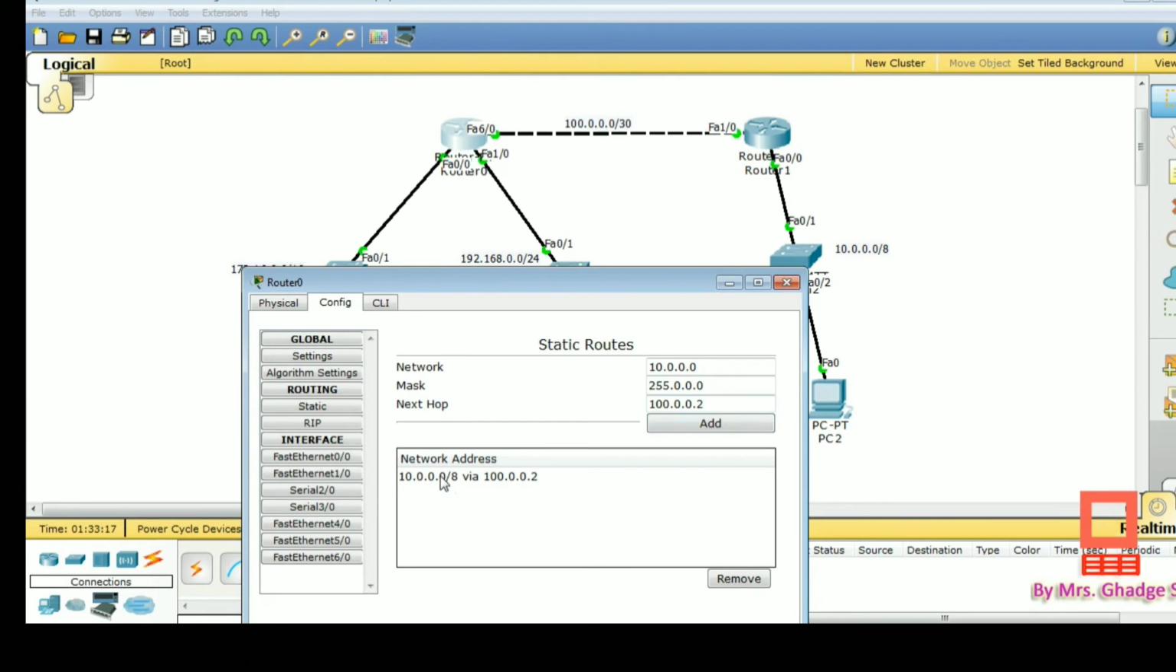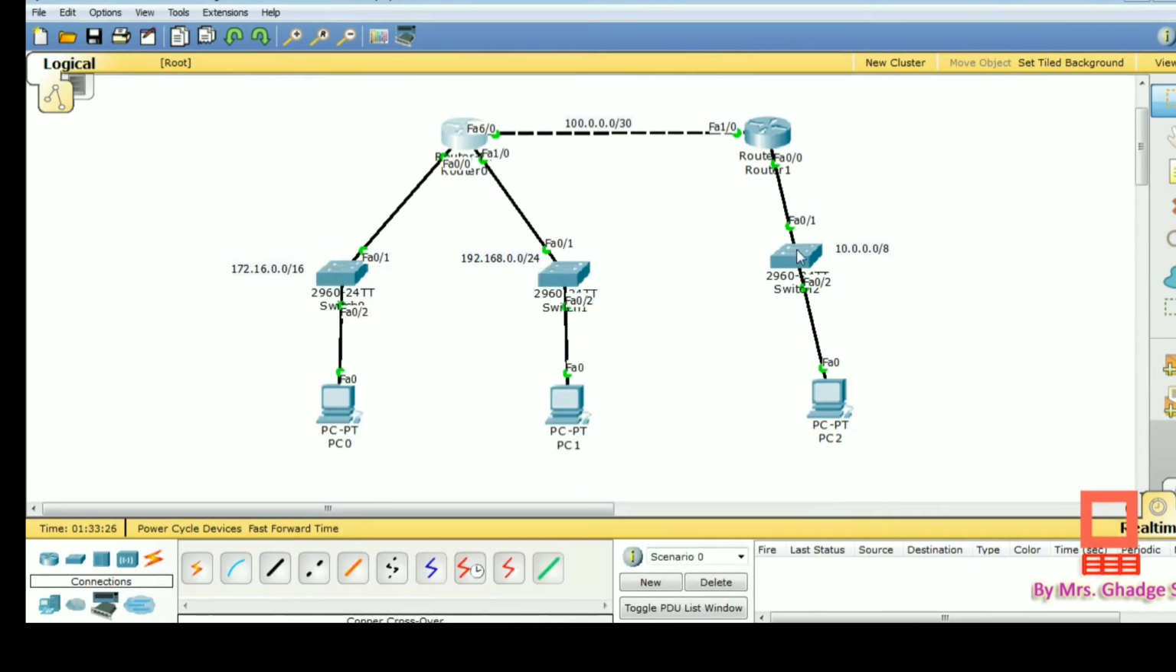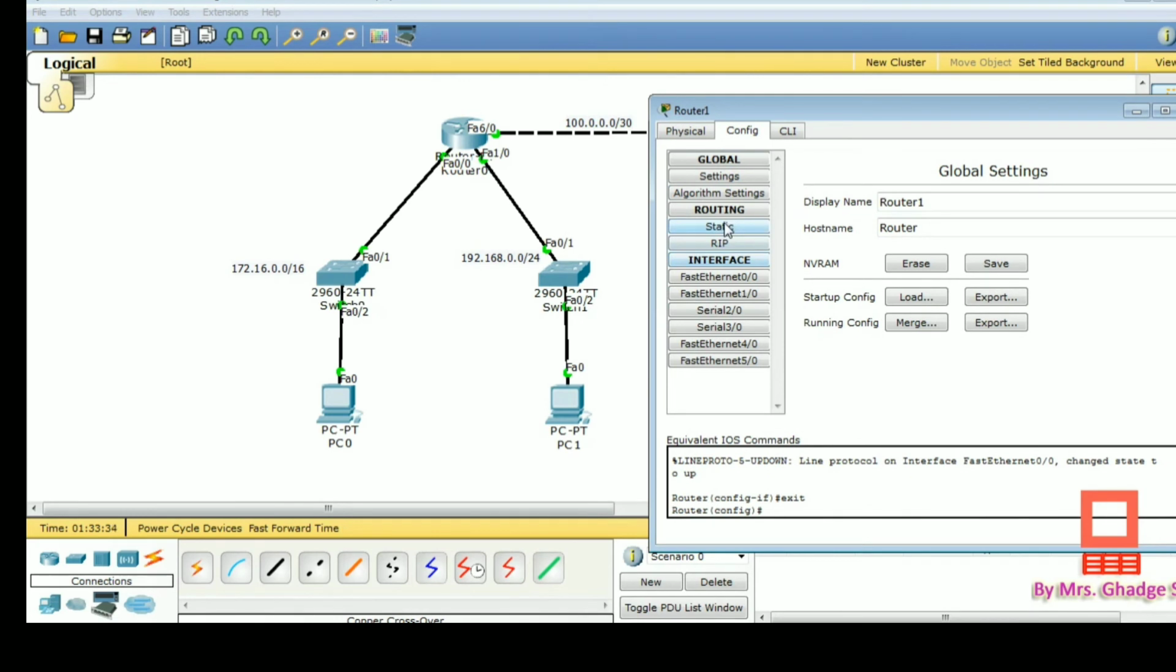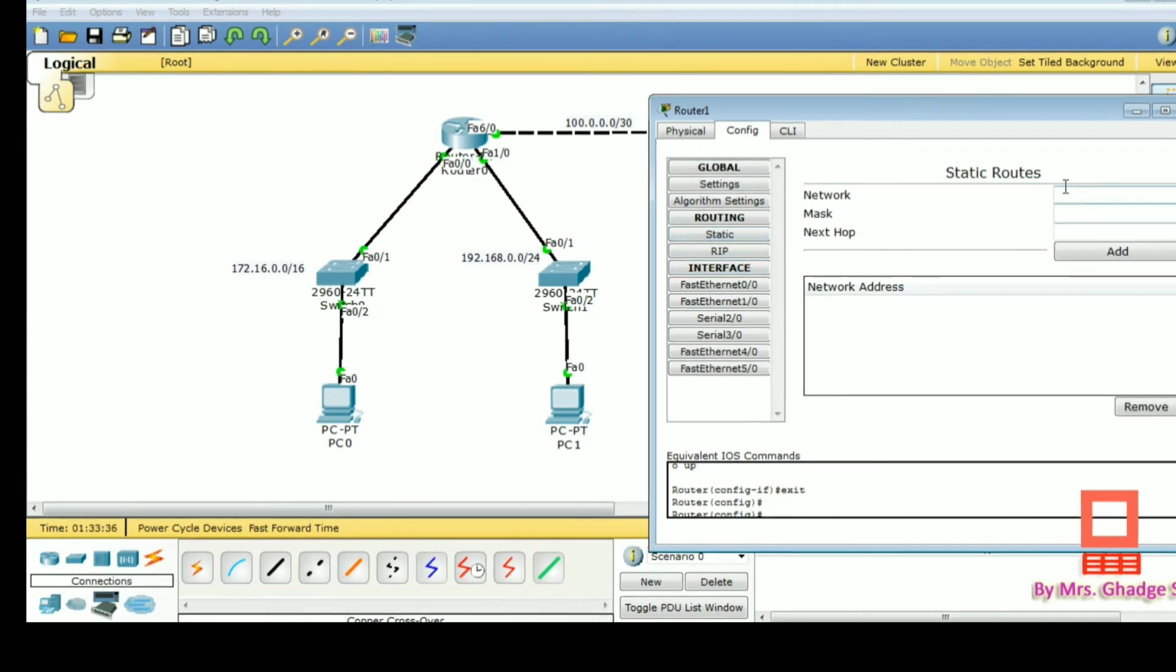So here you can see our network address is added here. Okay, that means our static route is added here. Similarly, we have to configure the next router for static route. Just click on router, then go to the static option. Here write the first network. Suppose we are writing the first network